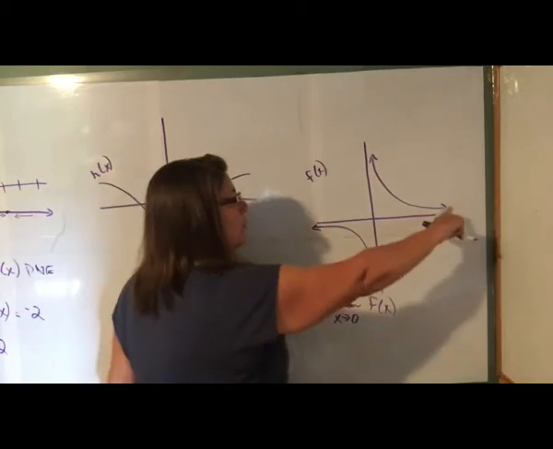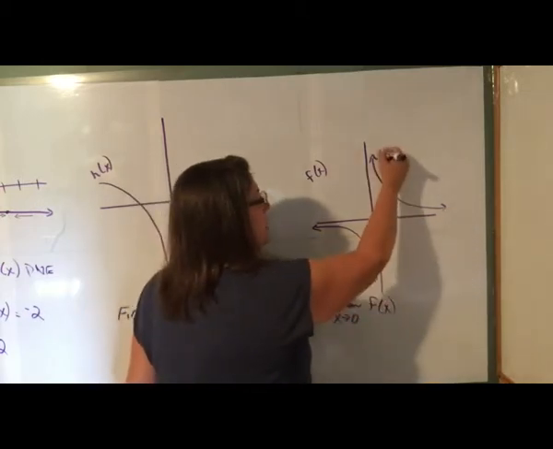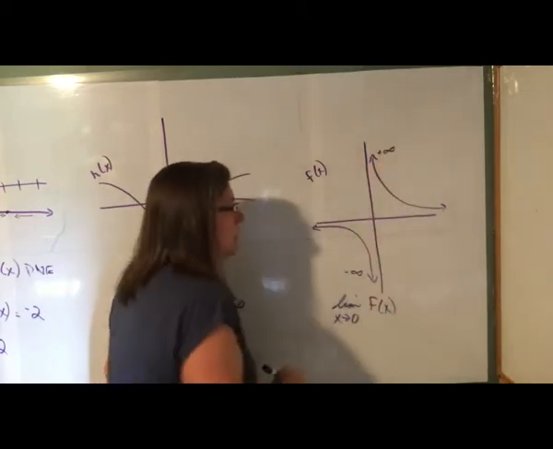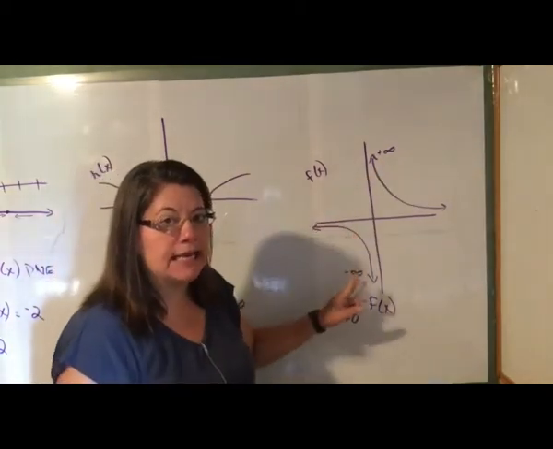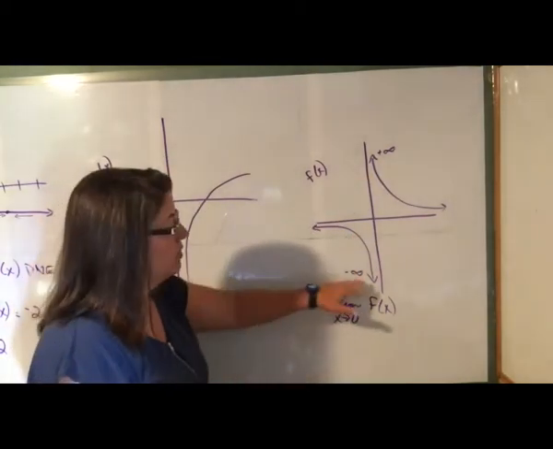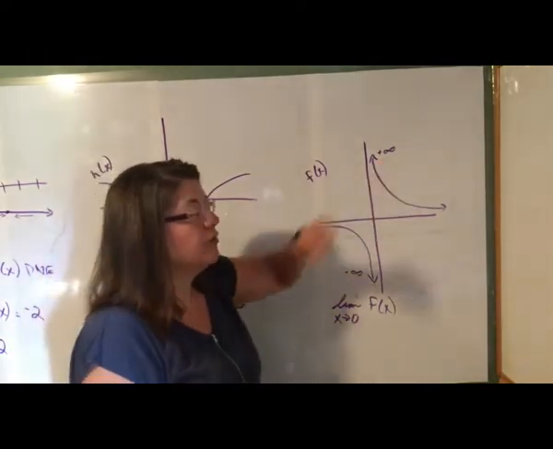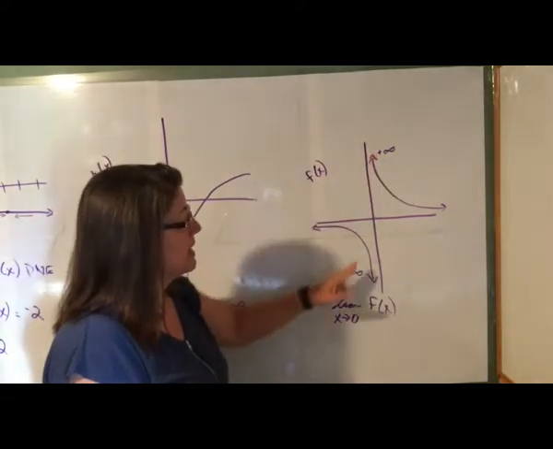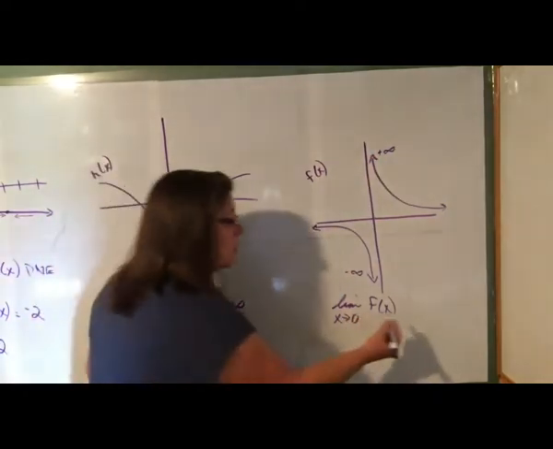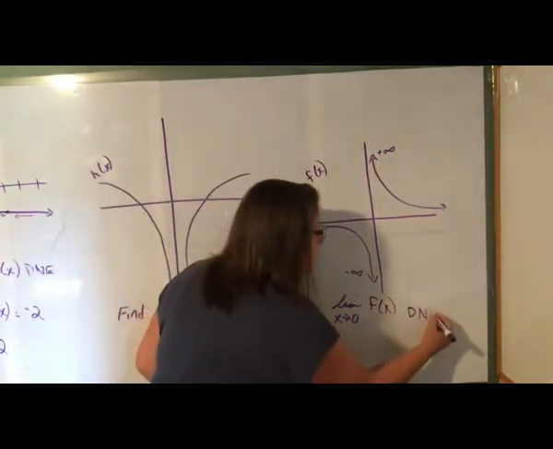As we approach from the right, it's approaching positive infinity. So for this one, even though they're both some form of infinity, they are in fact opposites, because one's approaching negative infinity, the other is approaching infinity. So since these two are not approaching the same thing,